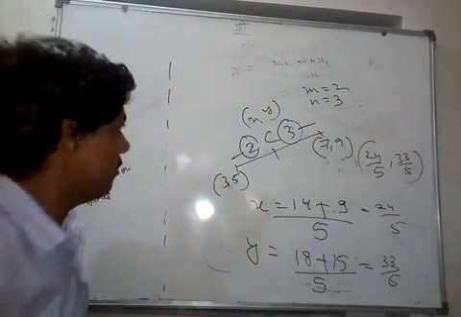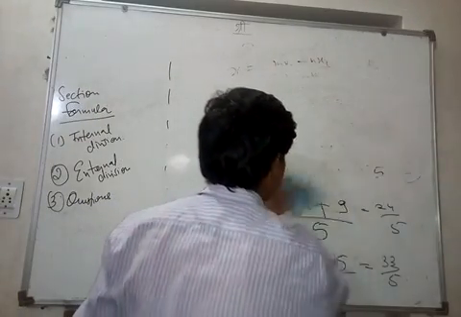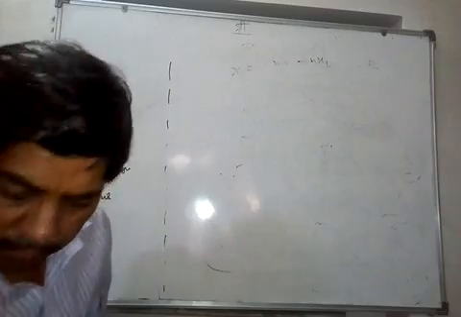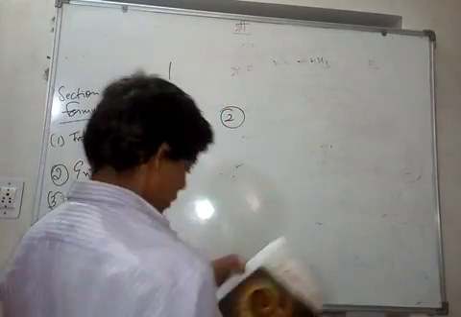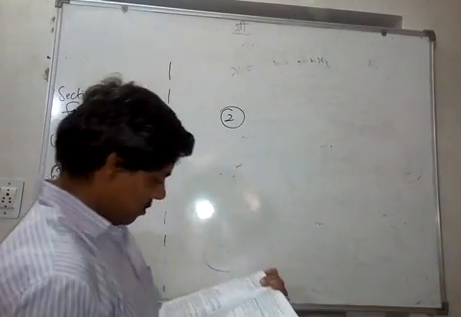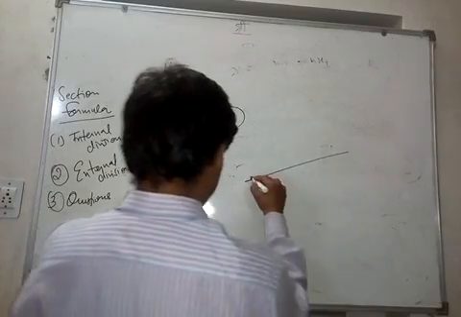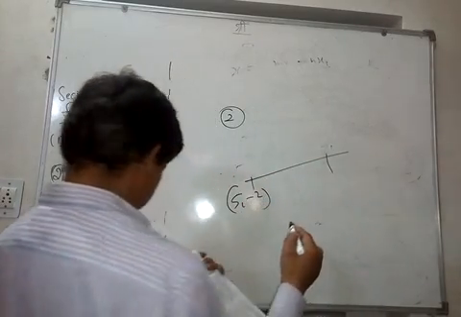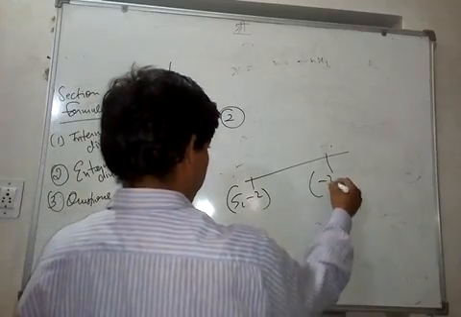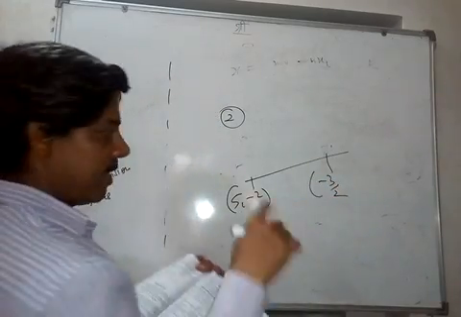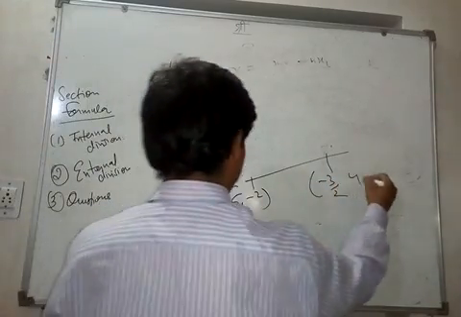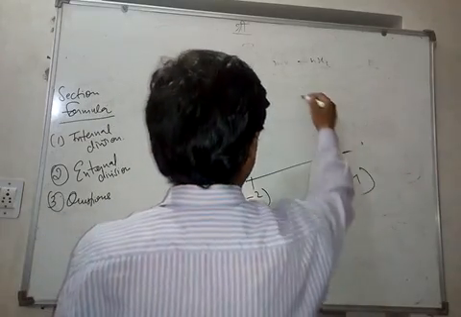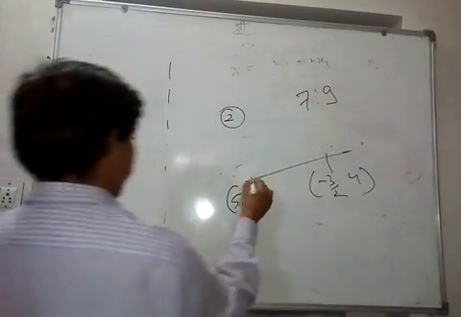So question number 2 is of external division. Okay. For external division we have question number 2. The question is, find the coordinate which divides the line segment joining 5 comma minus 2 and minus 3 by 2, this is minus 1.5, I am writing as minus 3 by 2 comma 4, and the point is outside. The ratio is 7:9. I will make it this side.